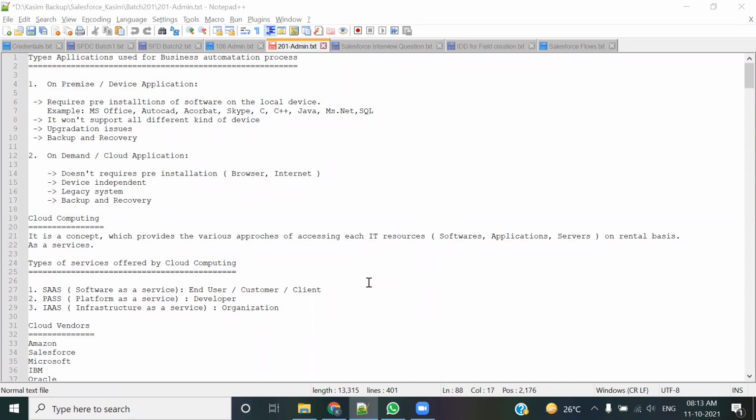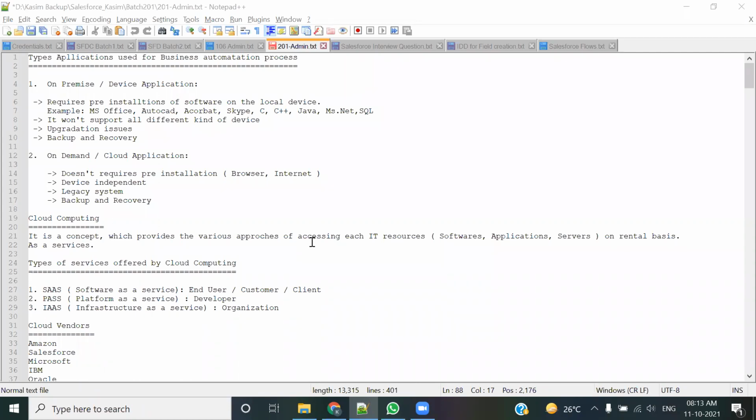Anyways, intelligence helps our client. This application, this software helps our client so that they can run their business. They can get profits from it, and they can run it very efficiently. They can take decisions very promptly, and whatever they require for their business, they can get it from the intelligence.